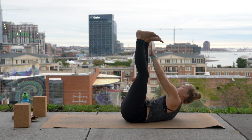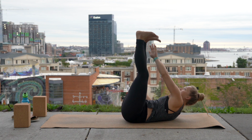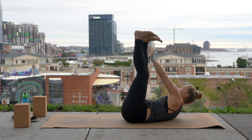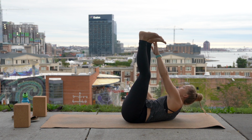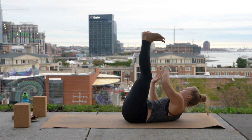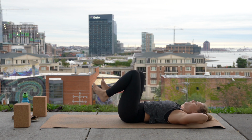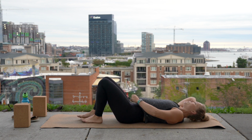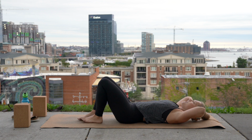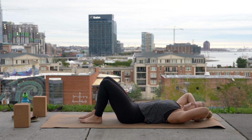So 8, 7, 6, 5, 4, 3, you're almost there, 2, 1 more each side, 1 and 1. Good, hands behind the head, exhale, lower your feet down to the ground. Exhale, lift and lower, lift and lower, lift and lower. Good, 8, 7, 6,